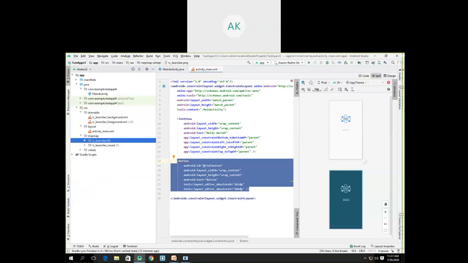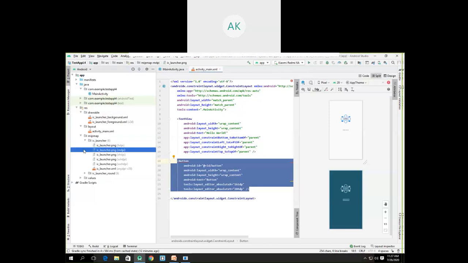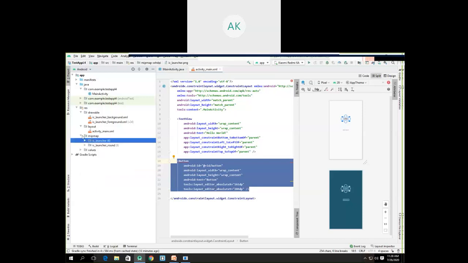Because the Android app in the current situation is not only for mobile devices, a variety of devices are running Android now. So you may design this app for a mobile, for Android TV, or for wearable devices. According to the device screen size, the corresponding icon file will be chosen automatically in order to render the app properly. So this is what the mipmap is.